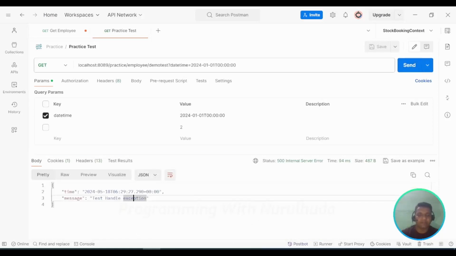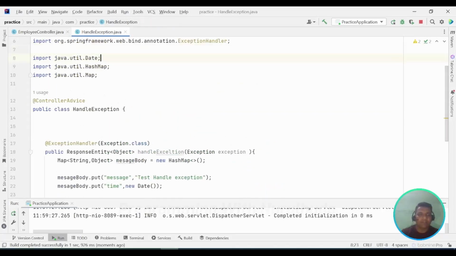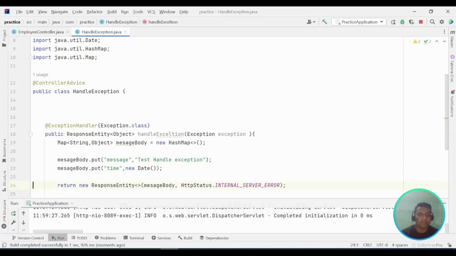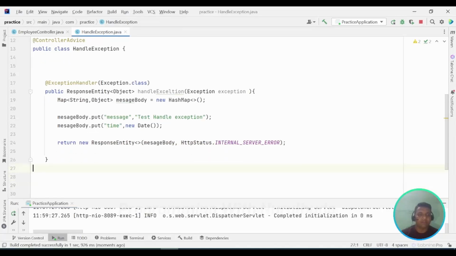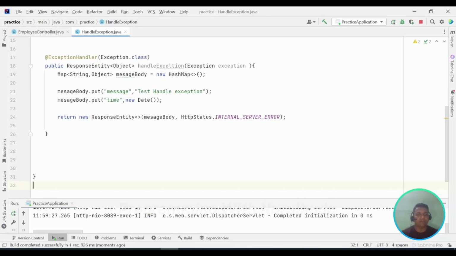Test handle exception. So the purpose of ControllerAdvice is that our global exceptions we can handle inside the ControllerAdvice classes, and we can add any number of exception handlers with specific exception handlers, Exception.class, SQLException, IOException. So that's